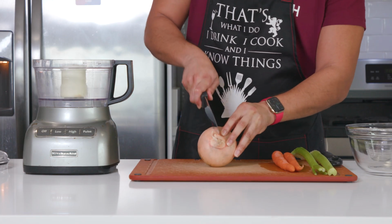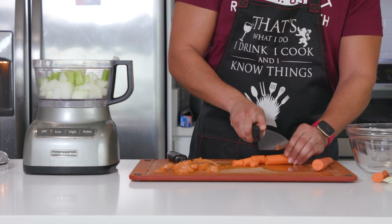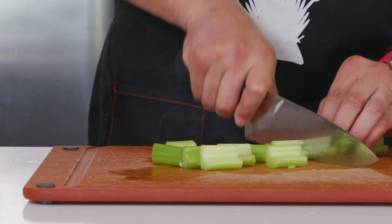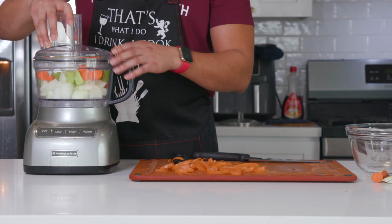Before we get started, let's do a little prep work. I'm going to rough chop up a whole yellow onion, peel 2 carrots and then give them a rough chop, and also chop up roughly 2 stalks of celery. No need to get into dice action here because we're actually going to let the food processor do the work